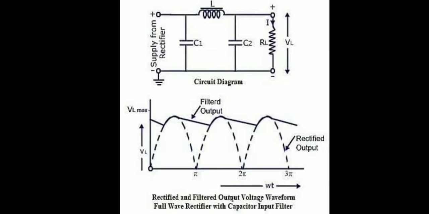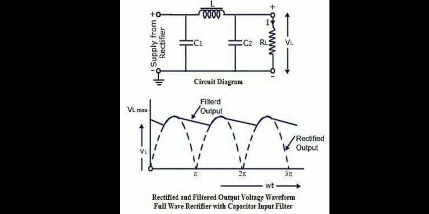Now the combination of LC filter. In the inductor filter, the ripple factor is directly proportional to the load resistance. On the other hand, in a capacitor filter, it varies inversely with the load resistance. Hence, if we combine the inductor filter with the capacitor, the ripple factor will become almost independent of the load. It is also known as inductor input filter, choke input filter, L input or LC section.